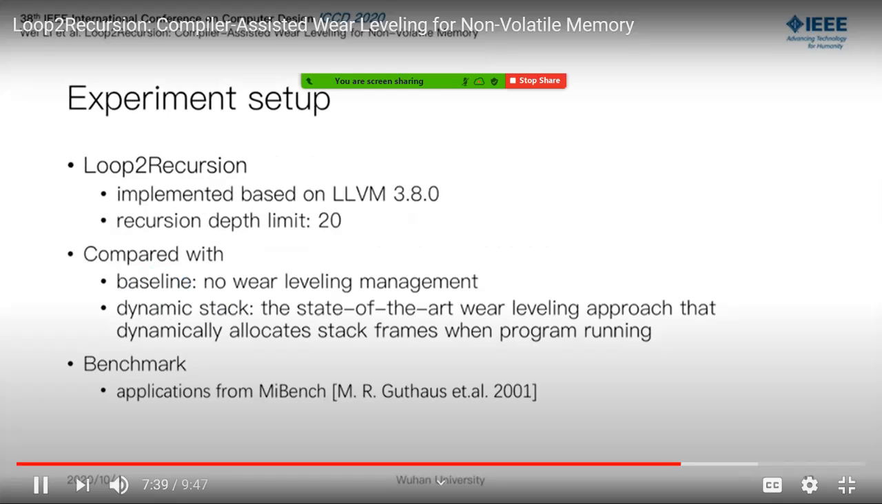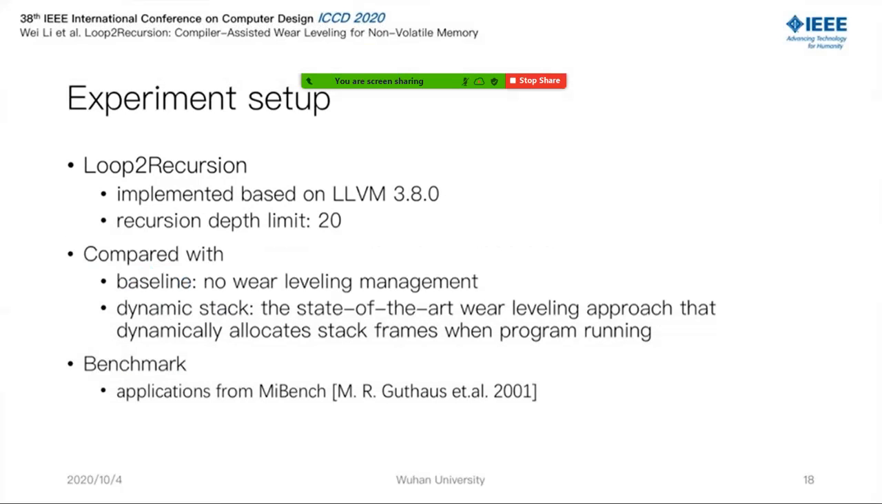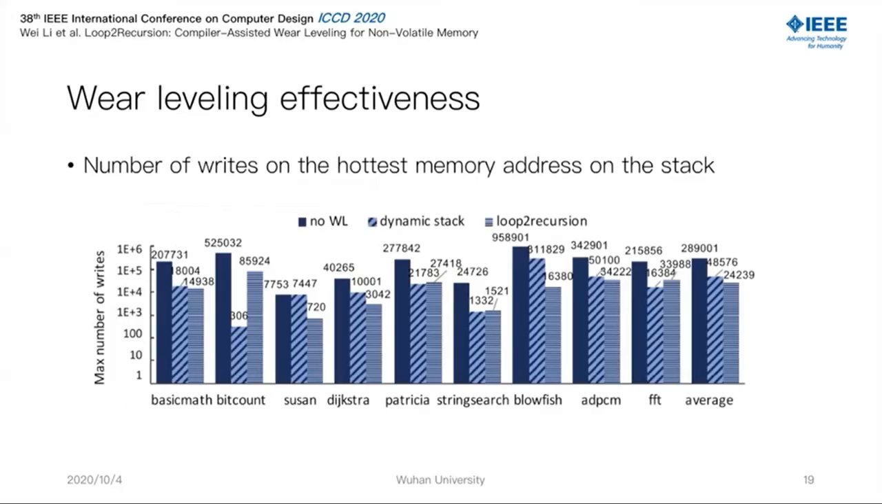We compare loop to recursion with the baseline without wear-leveling management and the state-of-the-art wear-leveling approach, dynamic stack, which uses a dynamic allocator to allocate stack frames when the program is running. We select some applications from a benchmark for evaluation. To evaluate wear-leveling effectiveness, we compare the number of writes on the hottest